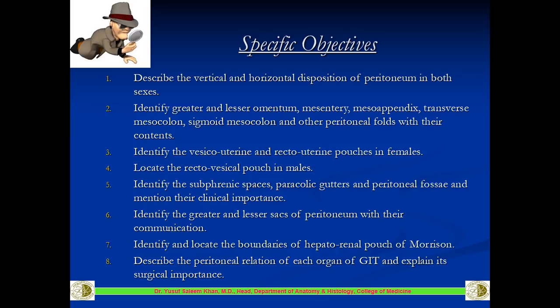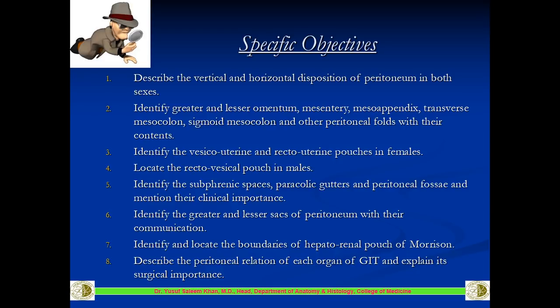The fourth is to locate the rectovesical pouch in case of males. The fifth is to identify the subphrenic spaces, paracolic gutters, and peritoneal fossae, as well as mention their clinical importance. The sixth is to identify the greater and lesser sacs of the peritoneum with their communication. The seventh is to identify and locate the boundaries of the hepatorenal pouch of Morrison, which is also called